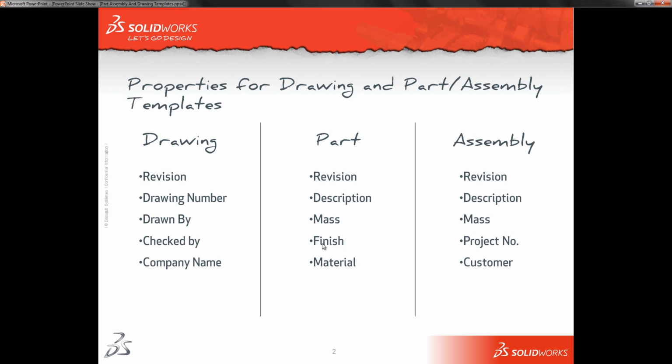We're also likely to get more specific items like the finish on the part or the material of the item, and more generalized items like the project number and the customer it's actually going to within the assembly level. And as for the drawing, it's all things like who actually produced it and who's checked it, because obviously that's going out actually for the manufacturer of the particular assembly or part document. So hopefully that gives you some kind of idea of the kind of properties we should be applying at certain